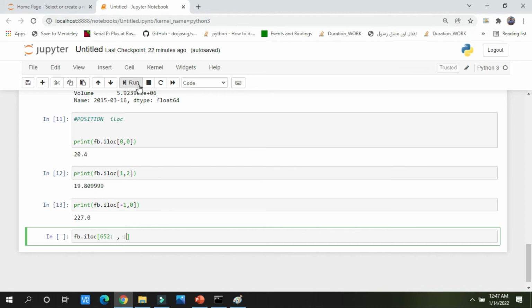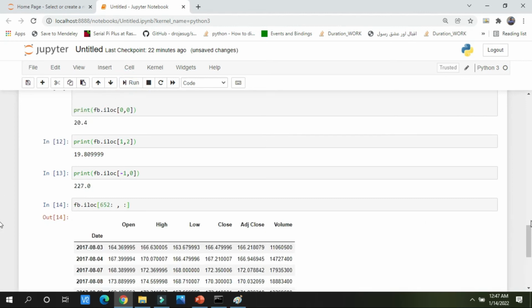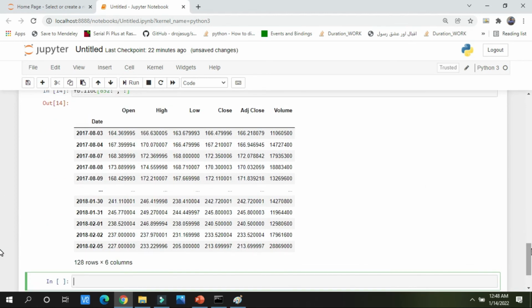We are not specifying to print the first column, the opening column, the second column, the third column. I am asking to print all. So I will run this piece of code, and after row number 652 it has printed everything. It has printed 128 rows.